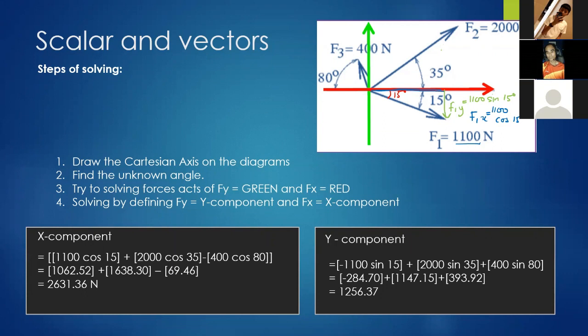F2, how to get the F2x in the x direction here? Cos. 2000. I give you a try. 2000 cos 35, correct. 35 degrees. F2y is 2000 times sine 35. Okay, F3x,